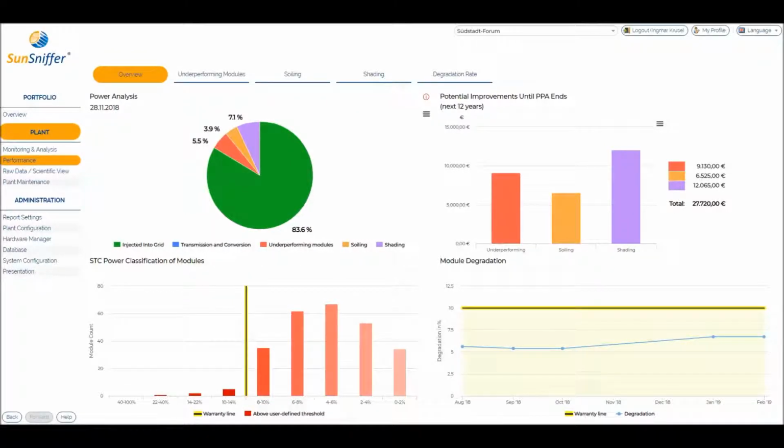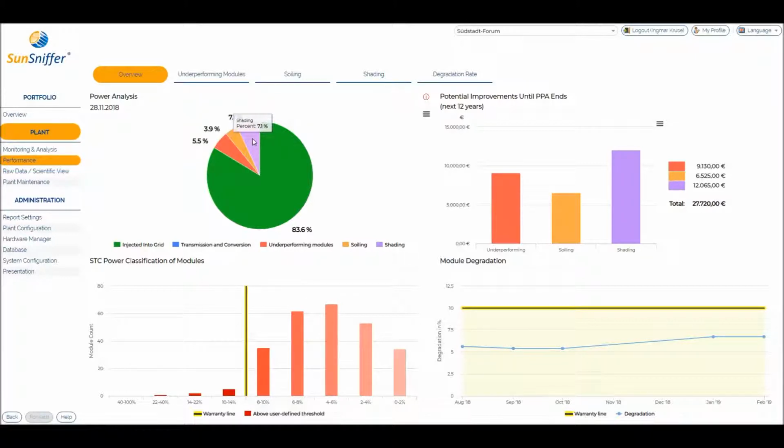This is the way we present the data. Our main focus is to see where our plant is losing power and where it could generate more. So we have identified 3 areas. One is underperforming modules, where we're losing 5.5%. And soiling, where we're losing 3.9%. And we have shading, where we lose